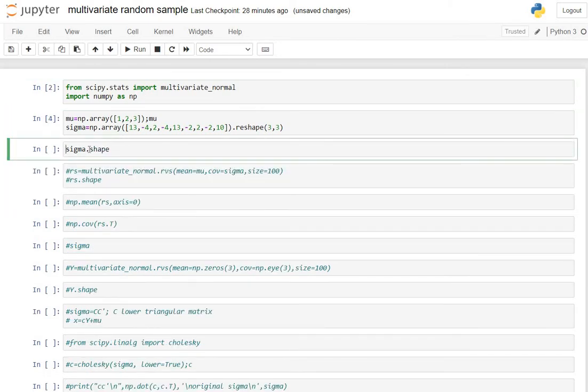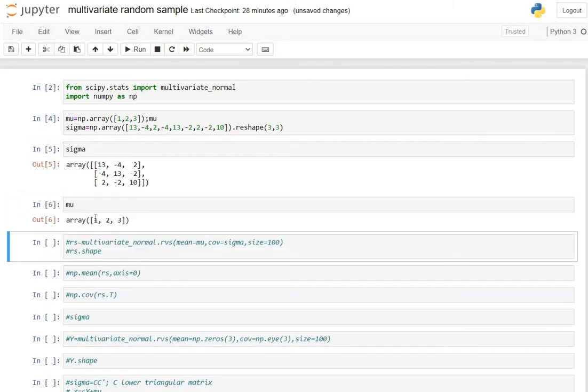Okay, let's see this matrix sigma first. Sigma and mu also. So this is the variance covariance matrix. It is a positive definite and symmetric matrix. Then this is the mean vector 1, 2, 3.